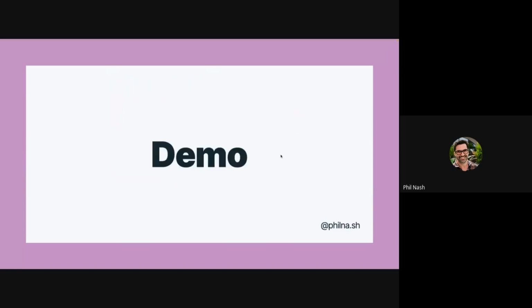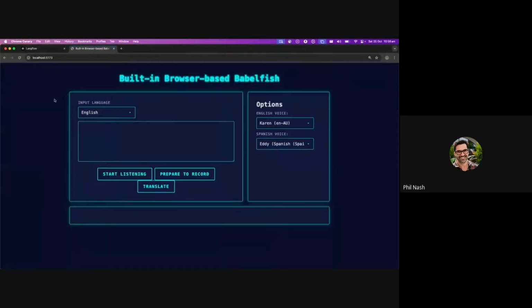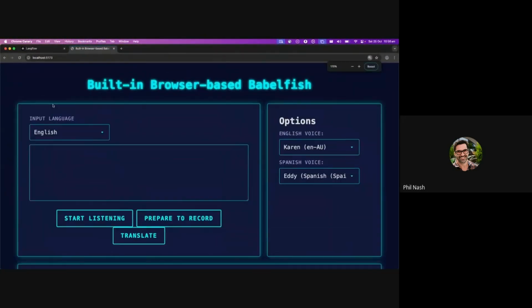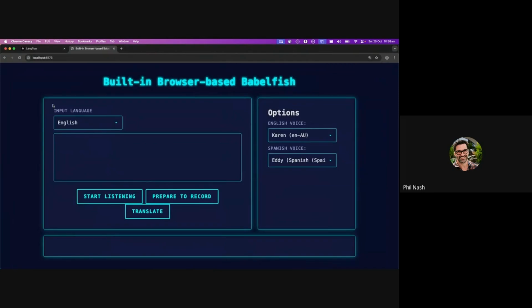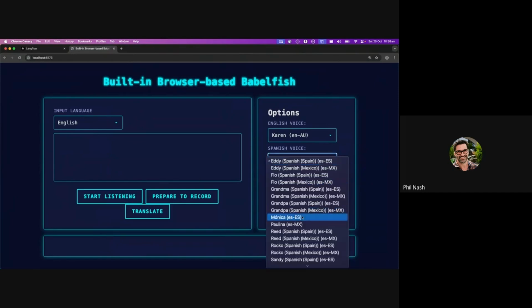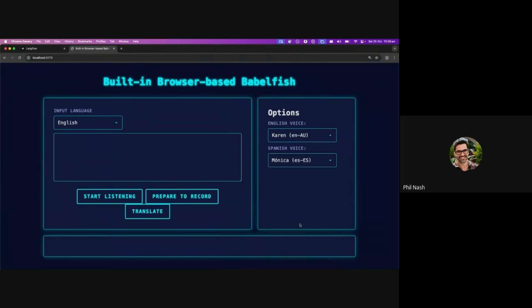And so I put all of these APIs that we've seen so far together into an application that was able to translate things from English to Spanish, Spanish to English, in this application here, which I called the built-in browser-based babelfish, because alliteration. And so if I use the start listening button, it's going to use the speech to text API to listen. It's going to turn that into text. It's going to pass that to the translation API. And then it's going to speak it back out again in Spanish. I like Monica as a Spanish voice for this. So